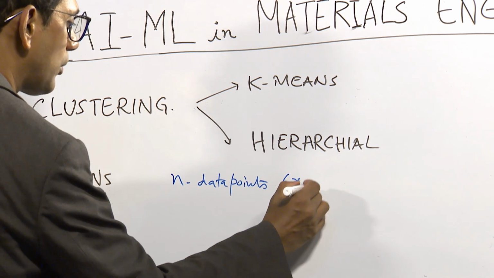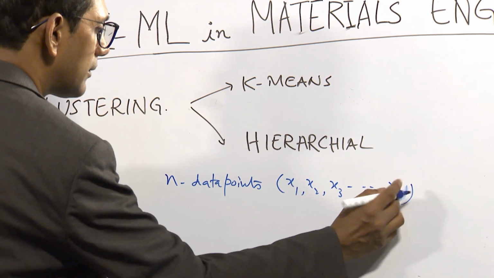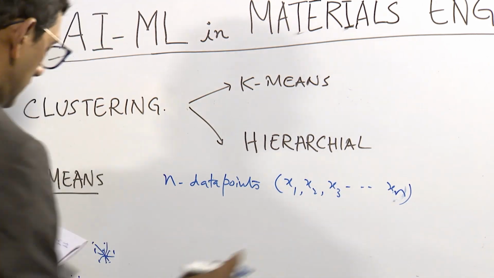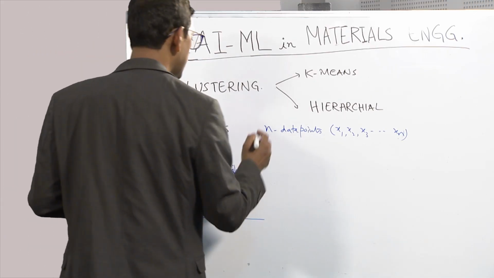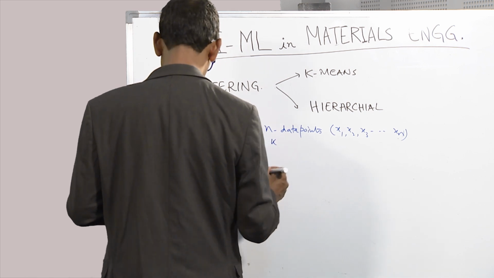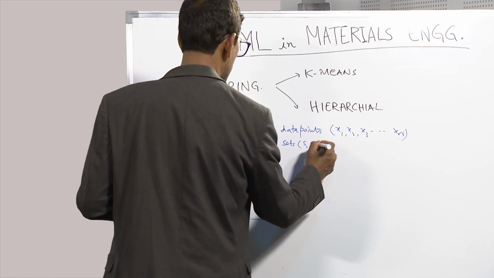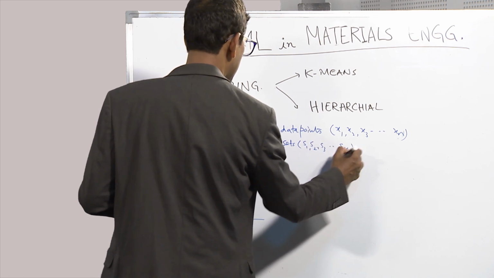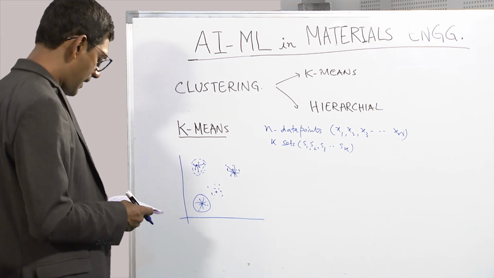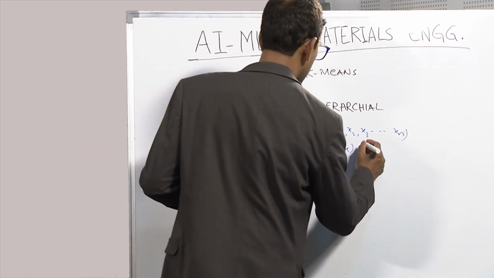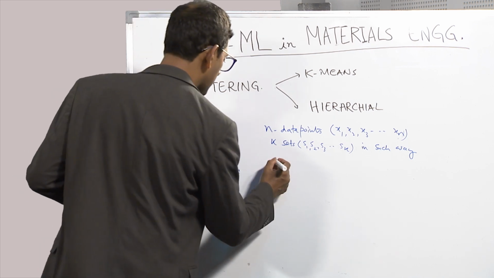What are they? x1, x2, x3, xn, right, small n. Now, the k-means algorithm is aimed to divide these data points into k sets, S1, S2, S3, Sk, right. We divide the data points into k different sets, right, and in such a way that we have an objective function